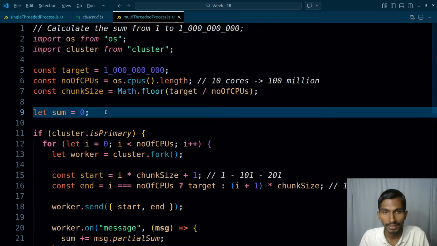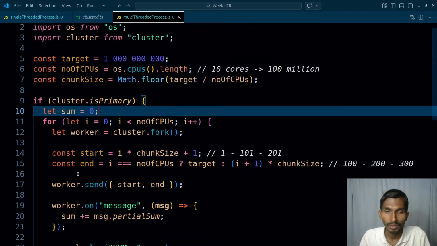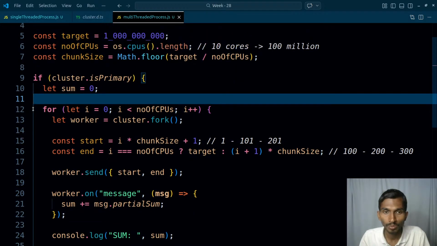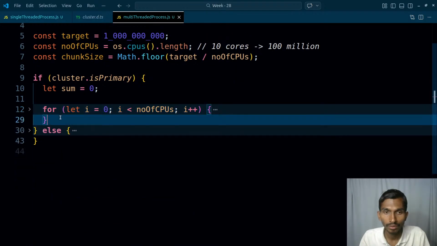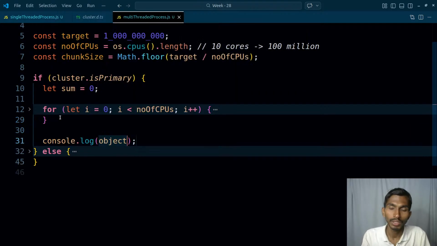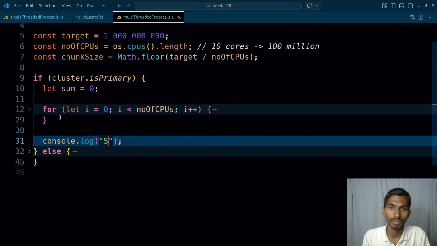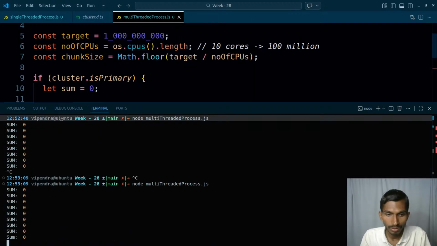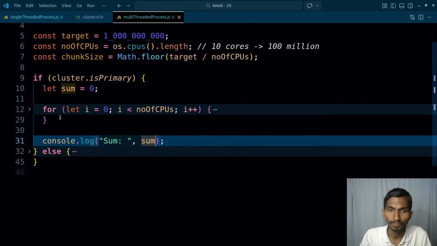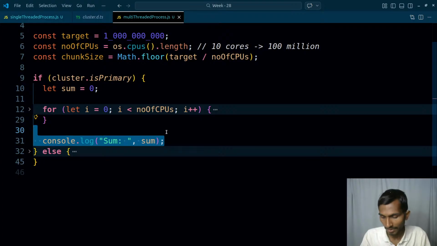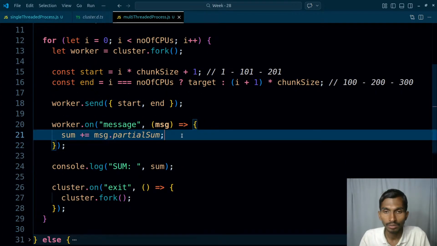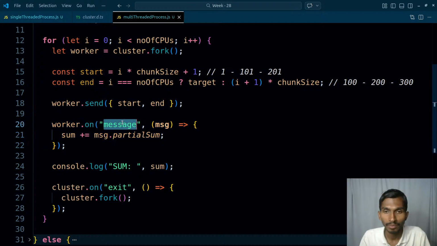Let's keep the sum inside this only. And now if I want to print the value of sum, in that case, this is the loop that I have. Is this even gonna be possible? Just trying some things out. So ultimately if I directly run it, it will never run. And when I'm running it here, whenever I'm getting the message,